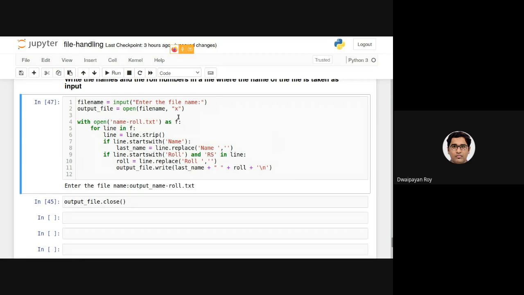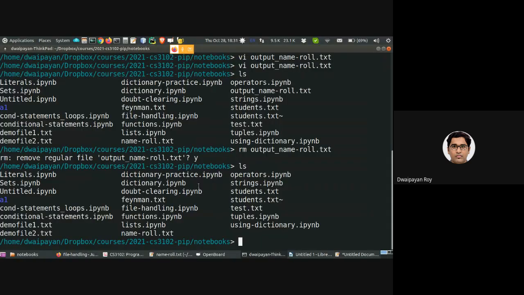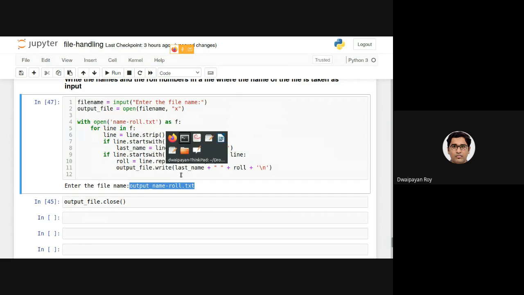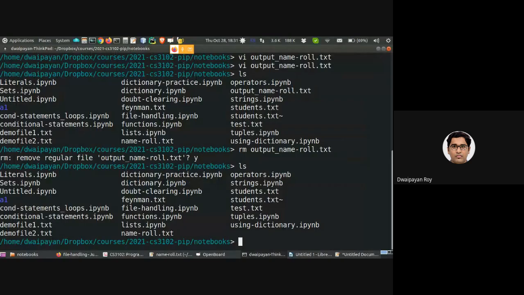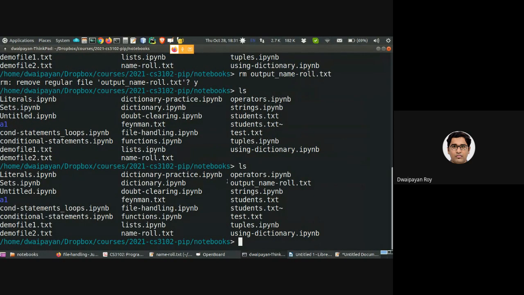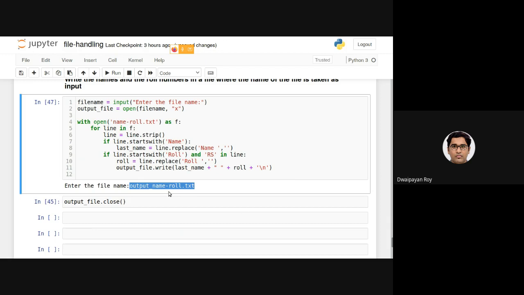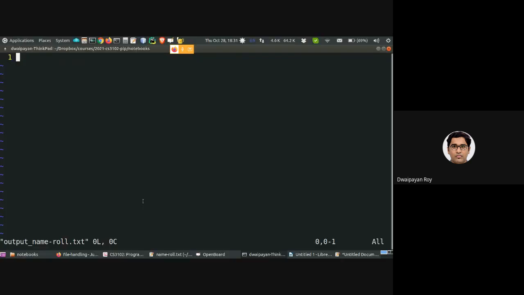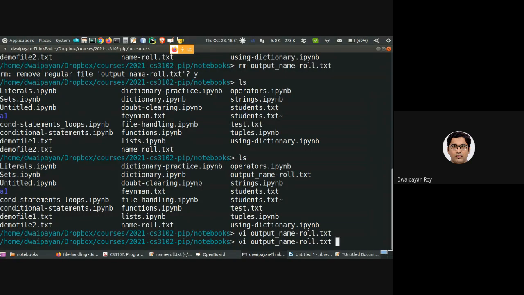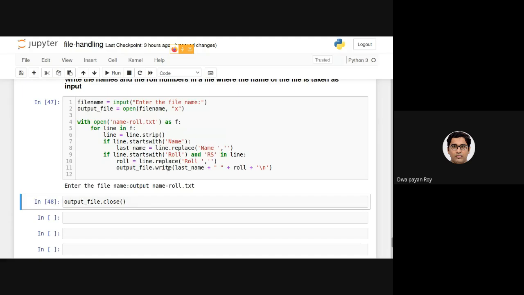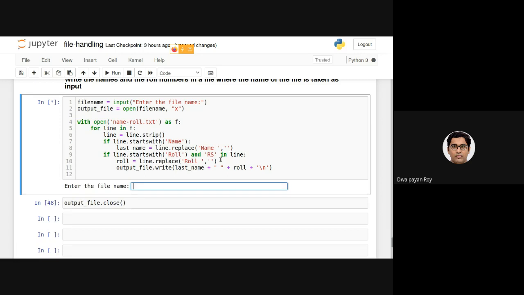Although I have specified X mode, it is okay because this file was non-existing when I executed this cell. Now the file is there, and it is actually containing the expected content. Of course, I need to close it, then it will be containing the content. But now, if I re-execute this cell again, it will create an error.